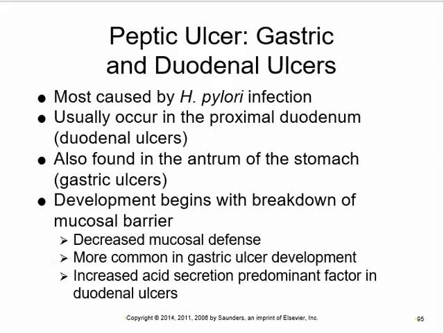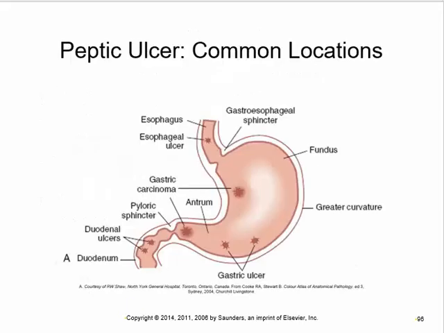So the stomach can auto-digest. The pepsin will start to digest the proteins of the walls of the stomach itself and cause an ulcer, cause an erosion. In the duodenum, it's usually because of the acidity being too much, and it irritates and causes erosions in the duodenum. So it's usually here and can be in here as well.